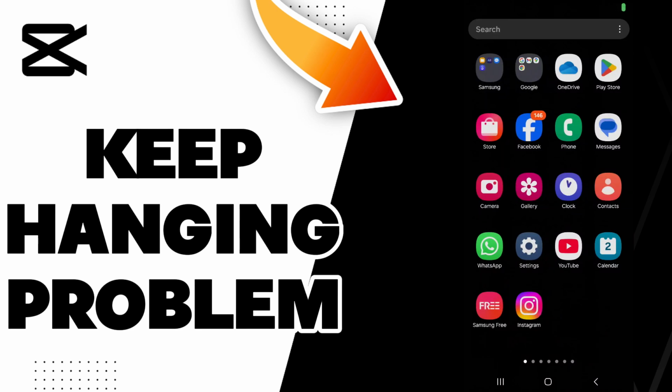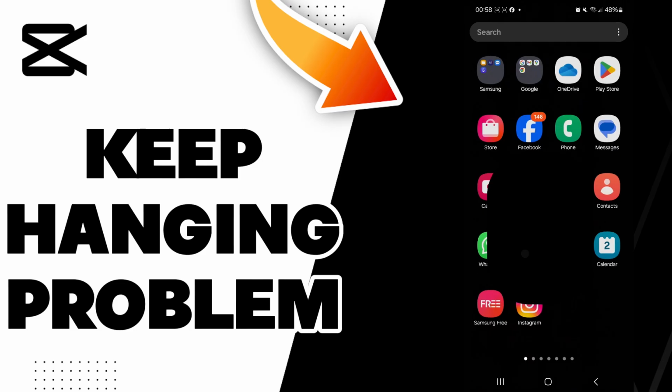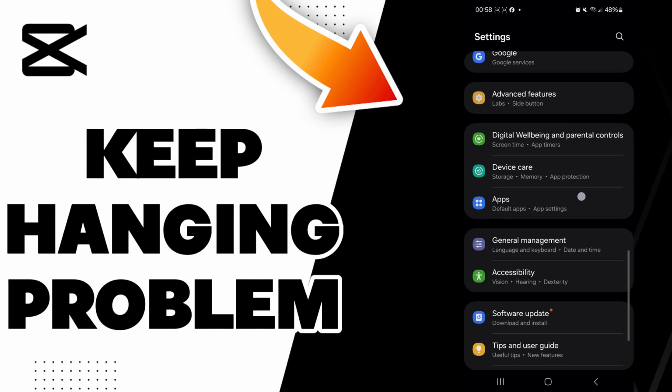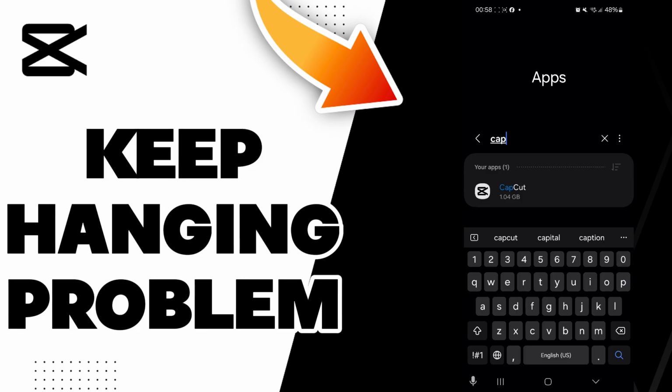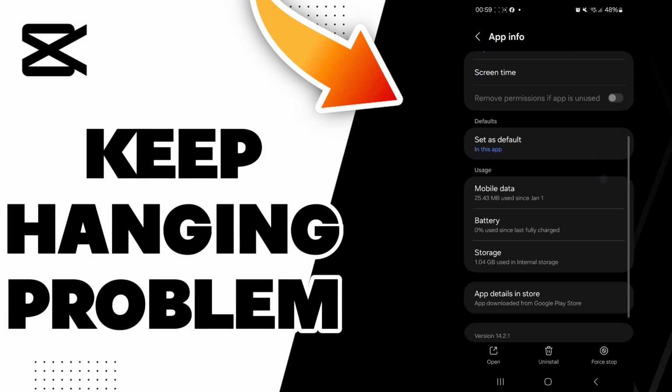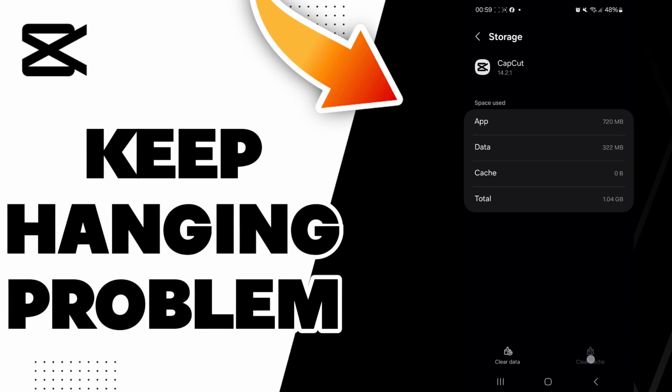Hello guys, in today's video I will be showing you how to fix the CapCut keeps crashing problem. So the answer is easy. Just go to the settings, then scroll down to the apps section, and then go to the search and search CapCut, and then go to the storage, and here you will find this clear cache option. Click on it. Now you can go check if it works, and if it didn't, you can try to